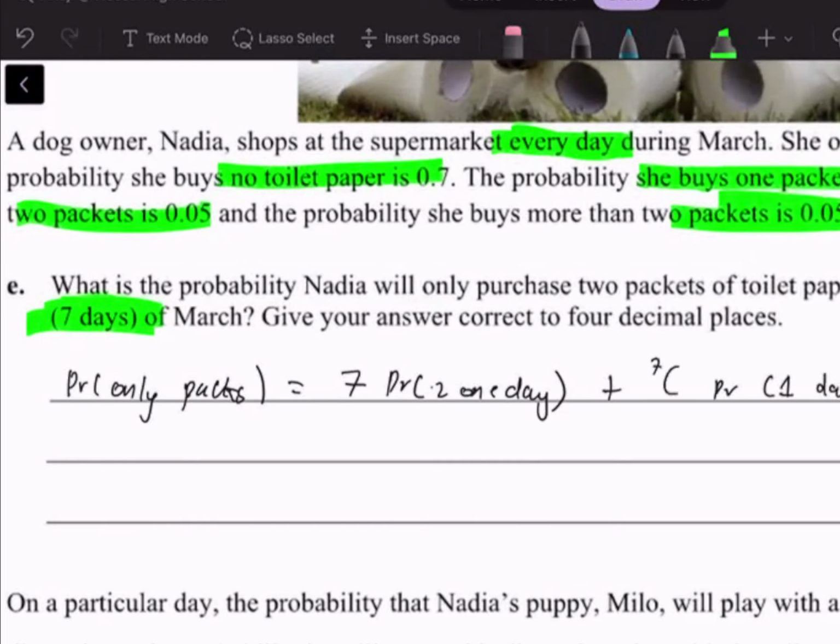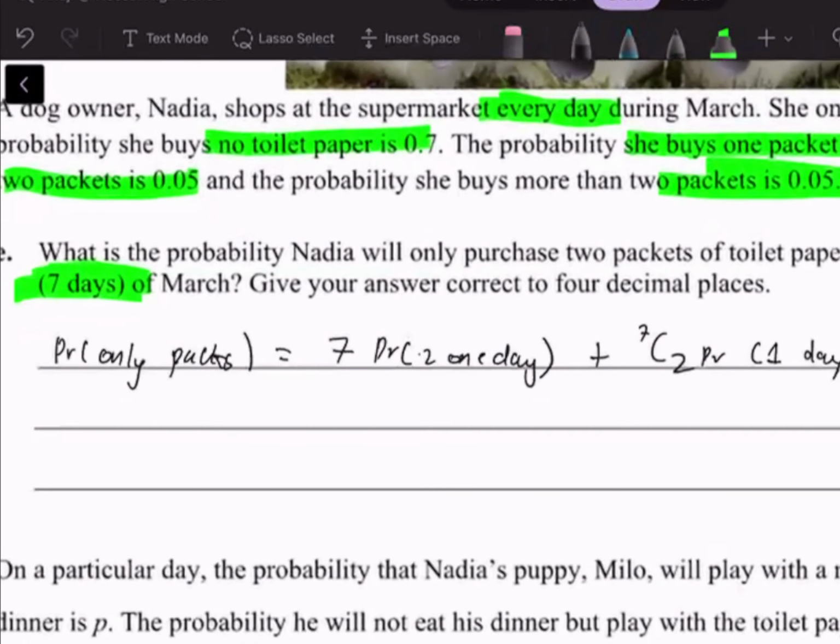And we have 7 choose 2 days that could happen on. So this is also 7 choose 1, but that simplifies to 7. So yeah, you just put this into your CAS. So the probability of, if you expand this, it would be 7 choose 1, p to the 1, and